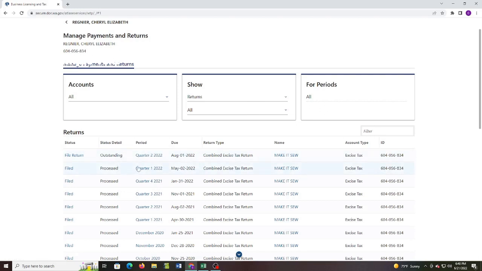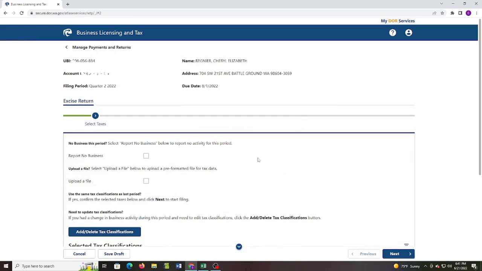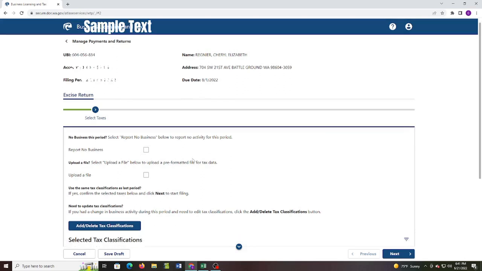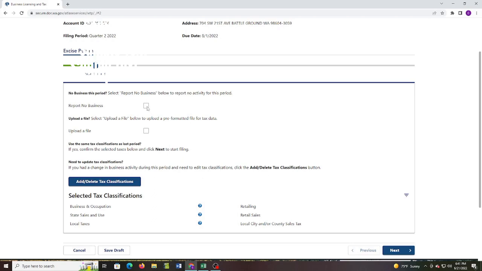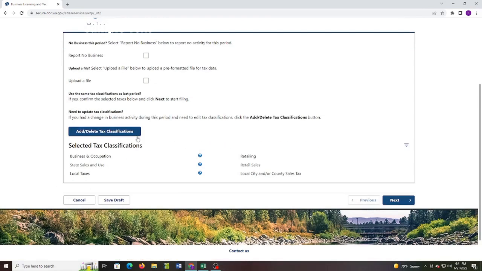Okay, so here you see that I have Q2 file return. It's outstanding. And what you're going to do is click on File Return. Now, I don't have any business to report because all of my business I did outside of this particular situation. So, because I didn't sell anything, I'm going to hit no business. If you want to, you can upload a file. I don't. I just go down here,